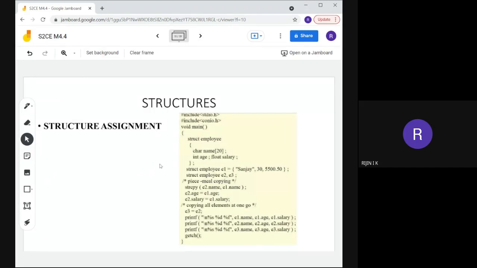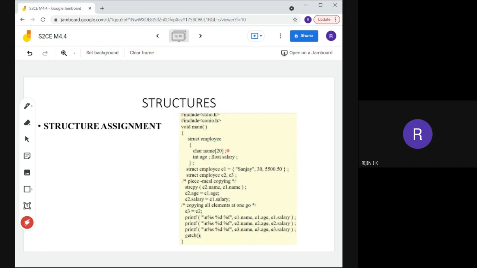Okay, to perform the assignment operation. Here you can see this is void main, and all these, conio.h, you need not notice, that is a Turbo C function. Hash include stdio.h, it is our header file. Then void main, inside that we are creating the structure for employee. Okay, so struct employee, employee is the structure name.